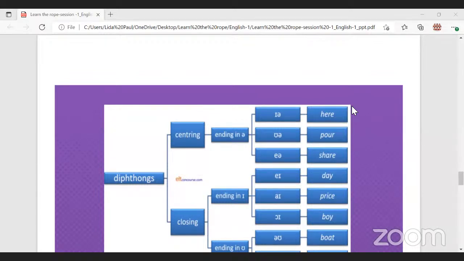Day. Then you have the next one, which is A and E, that is I, as in the word prize. Okay, I, P-R-I-Z-E, prize. Next is Oi, as in the word boy. Okay, Oi, O and E. Combination of O and E, Oi. Then the next one is